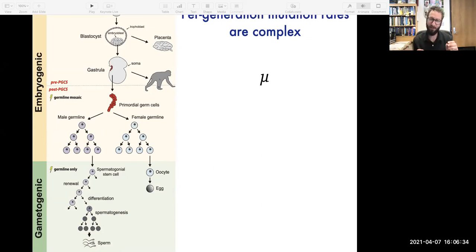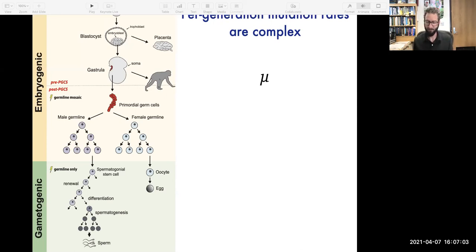Mutations are caused because, starting from the zygote, there are cells that are at first not germline, and they're dividing and mutating. They're eventually set aside as germline stem cells, and then they go through several more rounds of replication before they finally undergo either spermatogenesis or oogenesis to become a gamete, right? So when we say mutation rate, really what we mean is the rate of error at all of these different